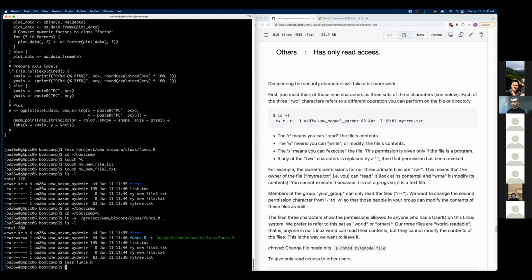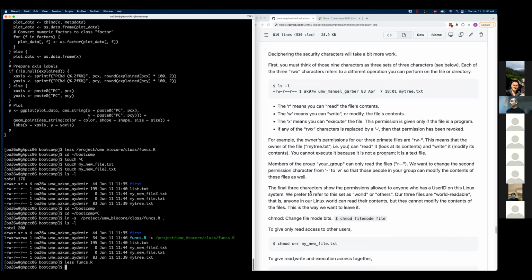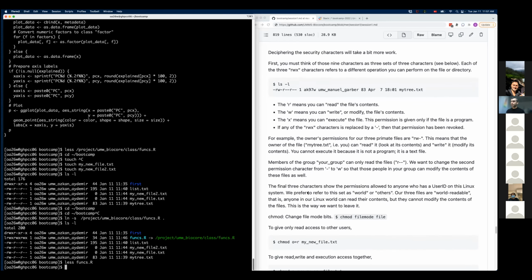So you probably didn't run this. Maybe there's a typo or something. I see. You can remove that broken link with the same command, rm space funcs.r, and then you can run exactly that link command again to create the right one.